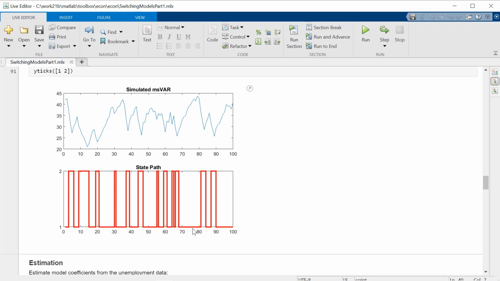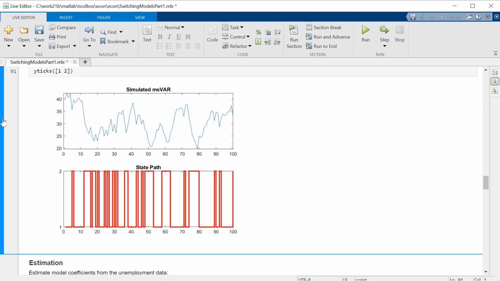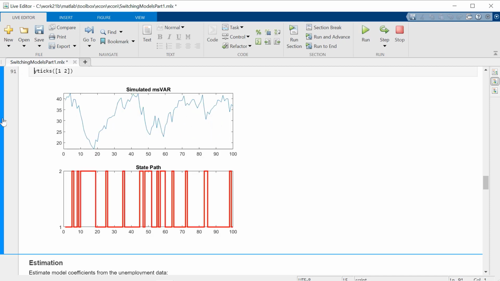That's consistent with the transition matrix that we created, where we have an 80% probability of staying in state 1 and only a 60% probability of staying in state 2. And once again, if we want to run this multiple times, we get different paths of our Markov switching model, which you can use to build up a series of paths that you might use for, say, Monte Carlo analysis of the distribution of the statistics in these models.